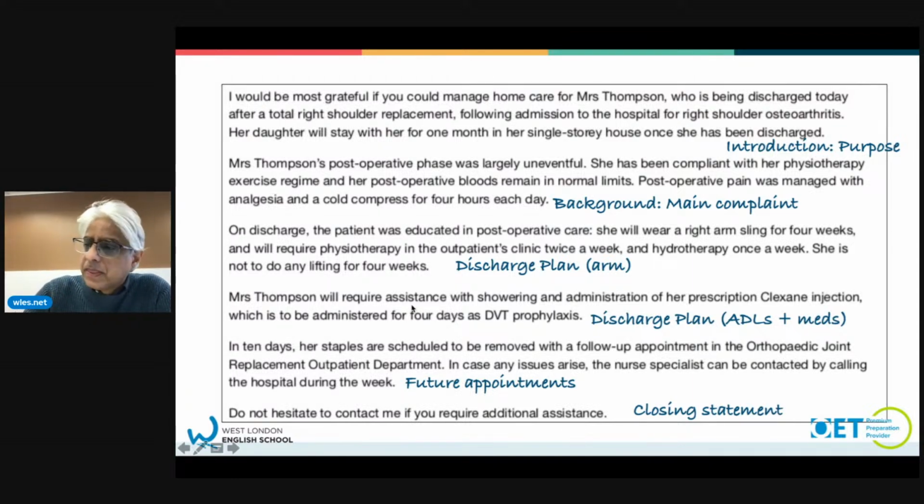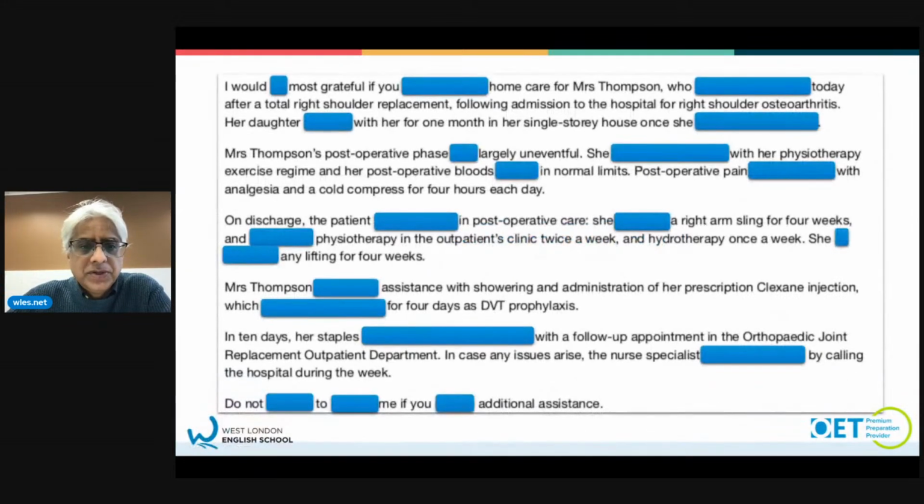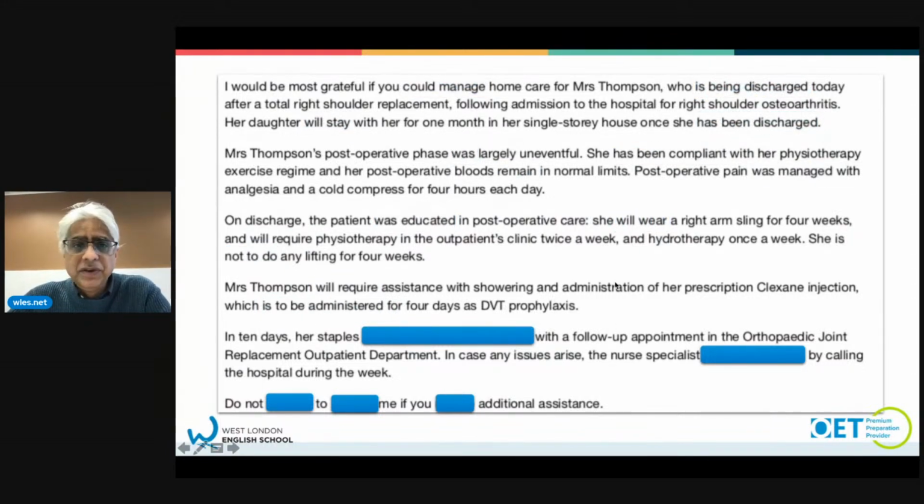Okay, so really that's about it, guys. We don't have time. We would do more work. I'm going to just go past this. This is just looking at language. Again, if you go to wles.net, you can find out more about the language, the grammar, and about writing as